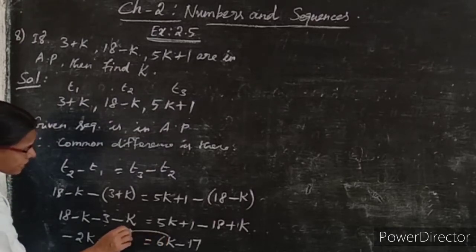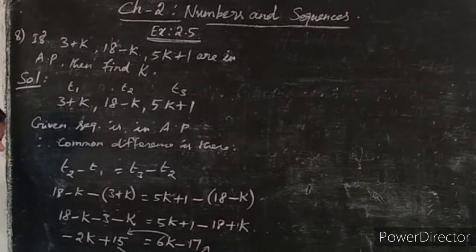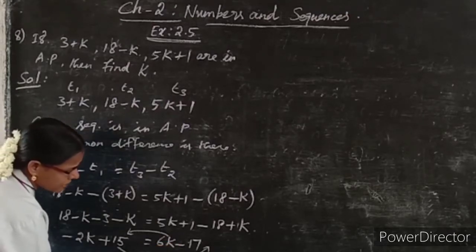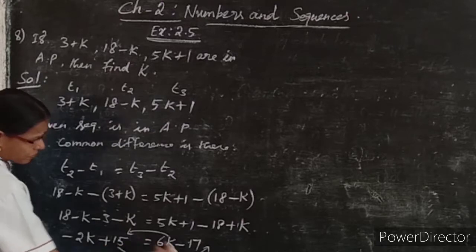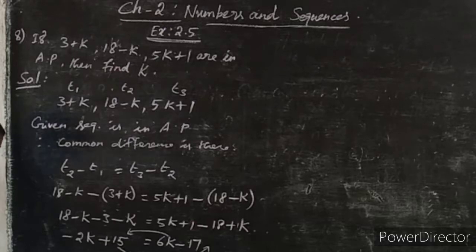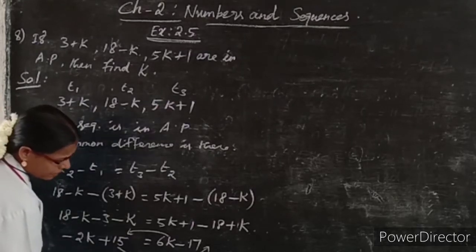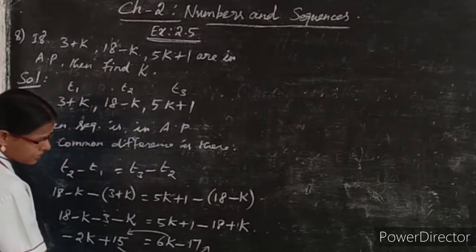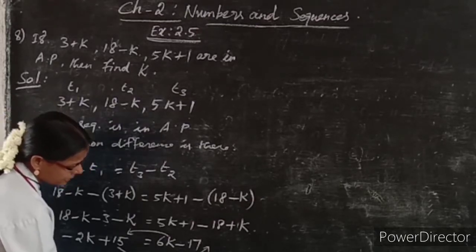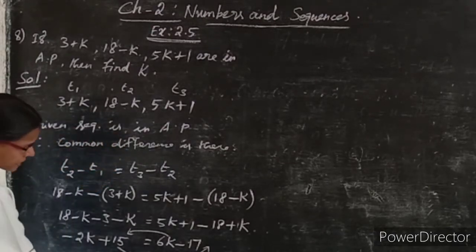So this 6k transfer to this side. 15 is that side. So minus 2k is here. Now this transfer term is minus 6k, is equal to already minus 17 is there. This plus 15 goes that side, means minus 15. So these two terms are in negative. So minus 2k minus 6k, totally minus 8k, is equal to, here both are in minus, so I will put the same sign, minus 17 minus 15, which is 32. Now this minus minus get cancelled.